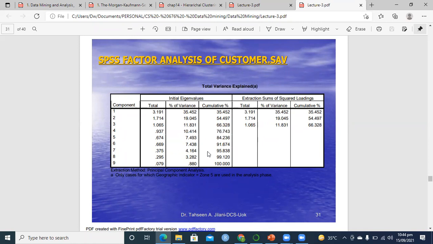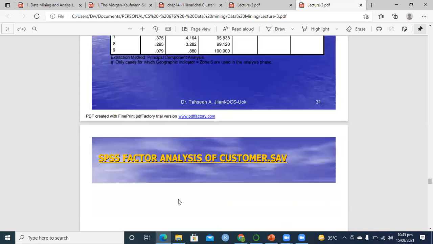But if I want to include more and more information, from 76 to 84 the change is 8%. 84 to 91 is 7%, then 4%, then 4%. So it's not a simple data set. It's social science data. That's why only the first 4 explain 76%, which is not a very good representation. But if it is social science, you can say it's fine. If you are working in engineering or physical science, you will not accept it. You have to have at least 95% explained variation. If you have 95% or more, then you say yes, the principal component method is working very well. Otherwise, it's not good. So this is one of the techniques.